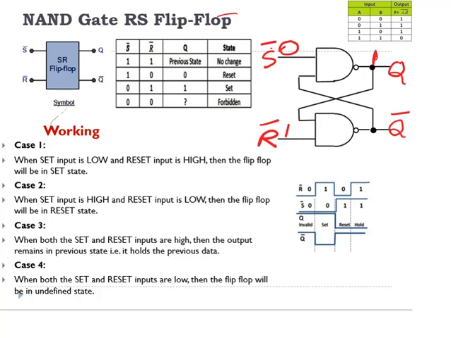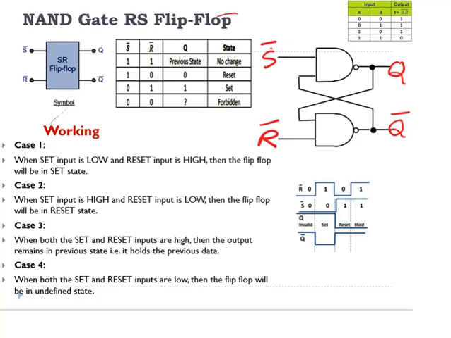That is fed back to the second NAND gate. So here we are giving 1 and 1, so the output of the second NAND gate will be 0. This corresponds to the set condition. Set condition means when we give a low value to S bar and a high value to R bar, the reset input, then we get Q equal to 1 and Q bar equal to 0. So this corresponds to the first case.